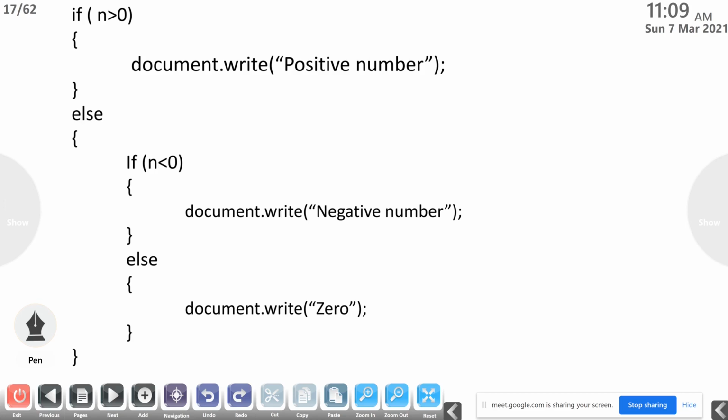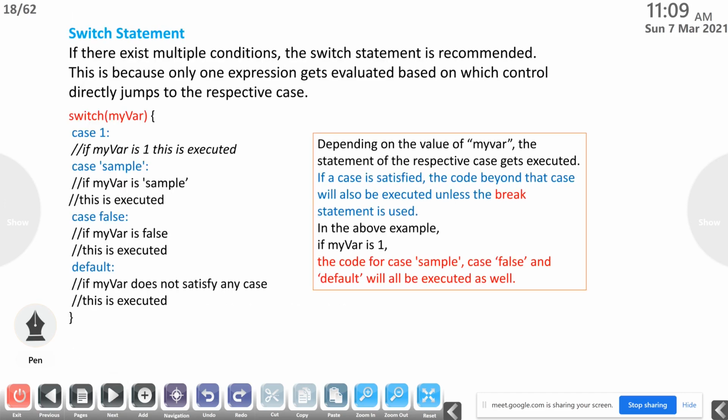If n less than 0, then document.write negative number, and else means n is not greater than 0 and not less than 0, then it will print document.write 0. So we can give an if-else statement inside another if-else statement. This type of statements we can also give by using the if-else statement.